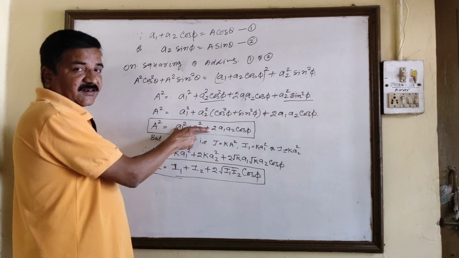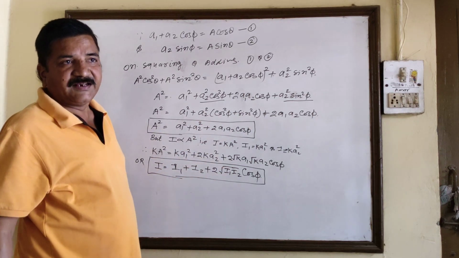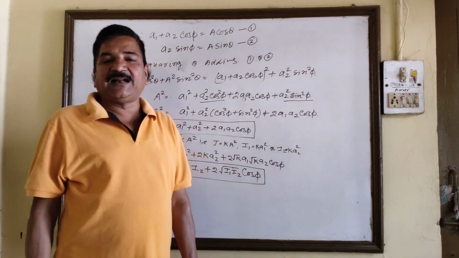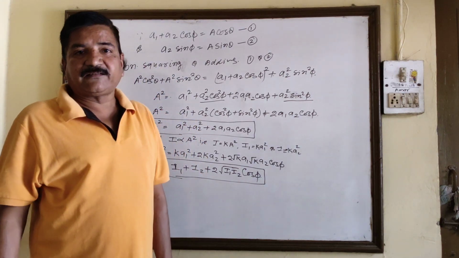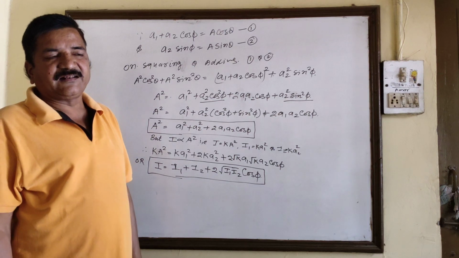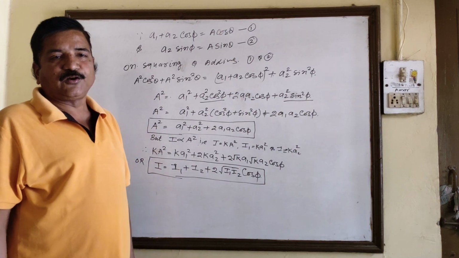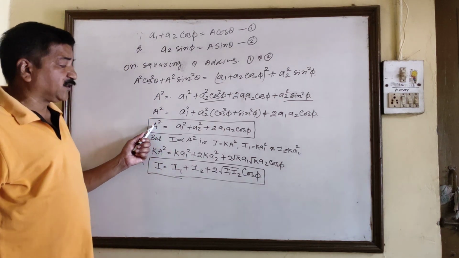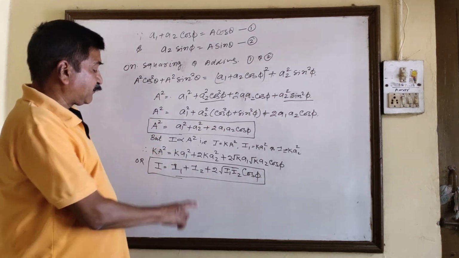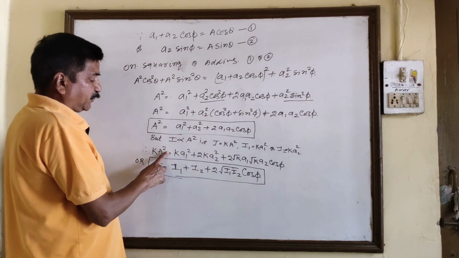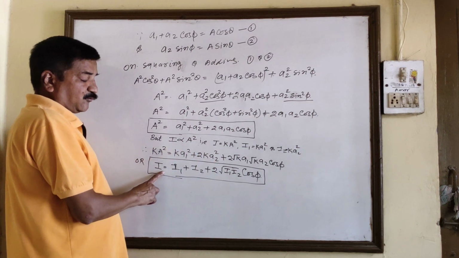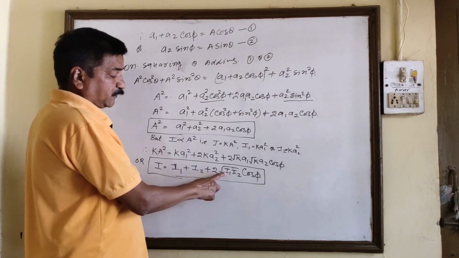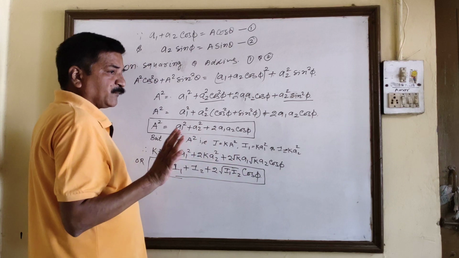Now this equation has to be expressed in terms of intensity, because you know that in the interference of light we have read that due to the interference pattern, at some places the intensity of light becomes maximum and at some places the intensity of light becomes minimum. So we have to convert this equation in terms of intensity. That is why we substitute these values. On substituting, the final equation you will obtain is I is equal to I1 plus I2 plus 2 root of I1 I2 cos phi.